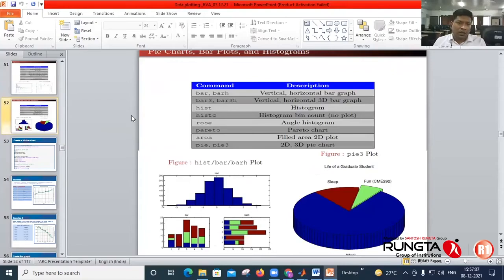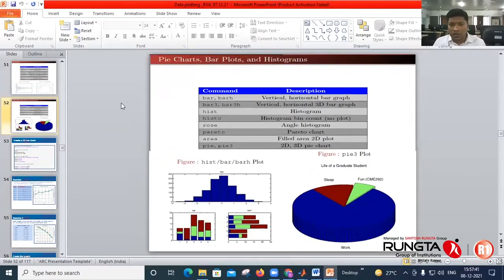So there are various options available to represent your data or results graphically. As per your requirement, you can use any of the tools.